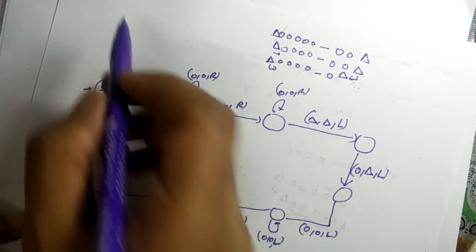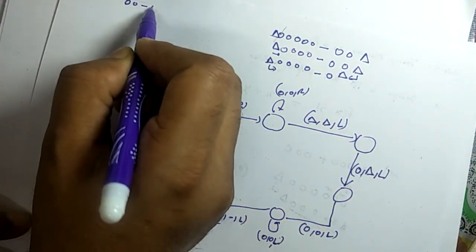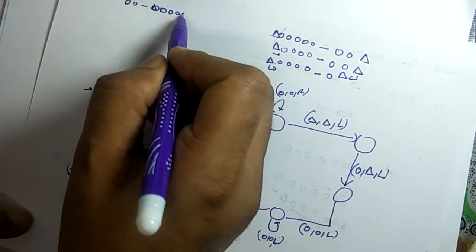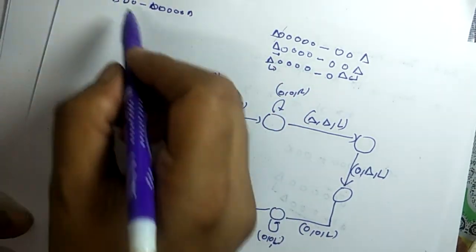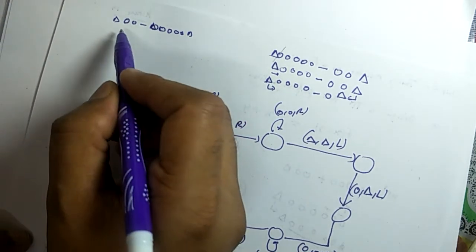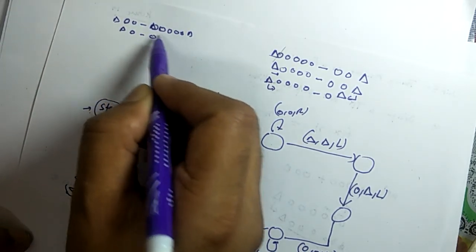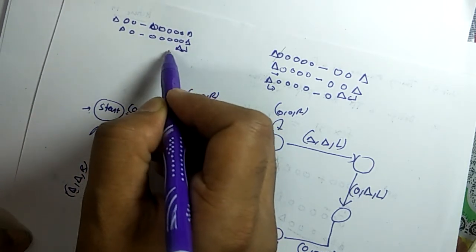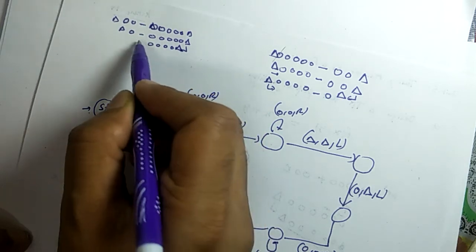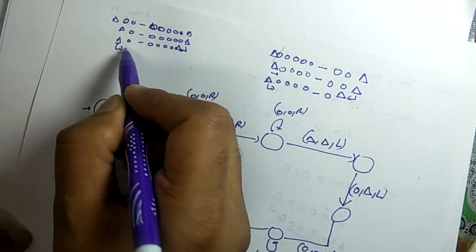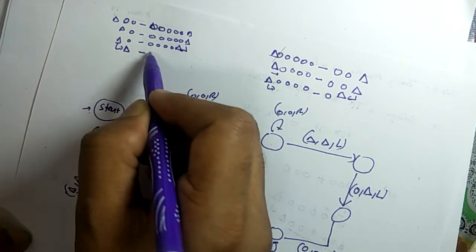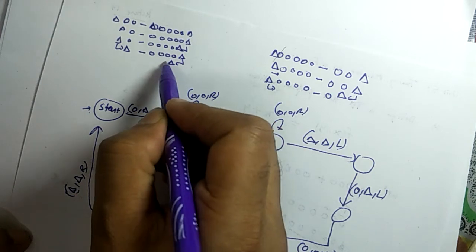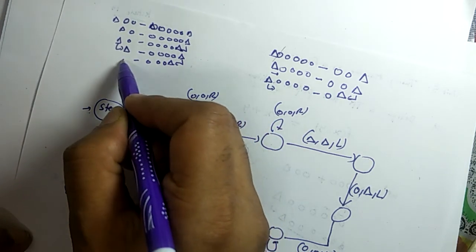So in case m is less than n, we will repeat the same procedure. We cut this, move to right, move to right, move to right, reach this corner, we make it blank, check there is 0, leaving it and reach this blank, then convert this to blank, reaching this corner and converting it to blank and reaching this blank.